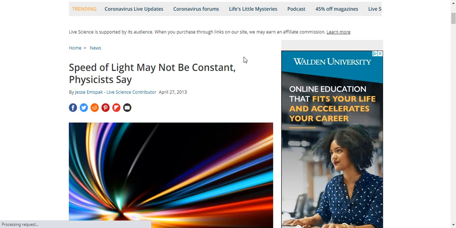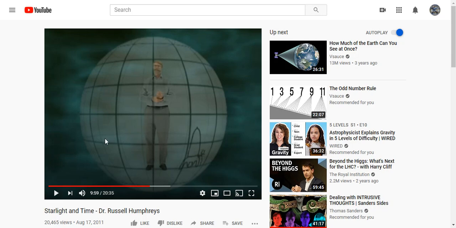There's also one other factor about the speed of light that we should consider. And I love this book that Dr. Russell Humphreys wrote. I gave it to my physics teacher when I was in high school. And he read it over the summer, came back and said, there's no way I believe in evolution anymore because of this man's book. And he talks about how he believes that the universe was started in a white hole. And that the expansion of the white hole caused an event horizon to collapse, allowing light to travel at its current speed